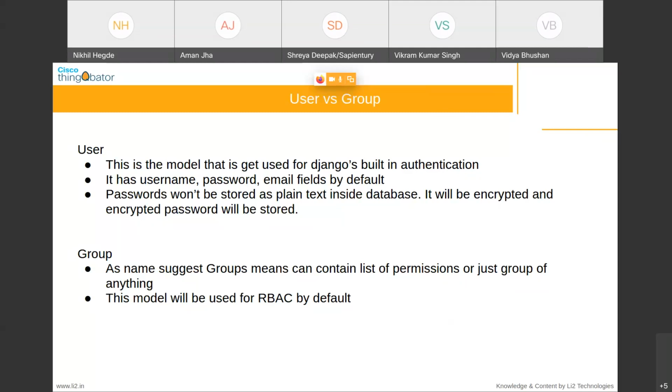One more special thing: the password will not be stored as plain text inside this table, because that would be a huge security risk. Please remember, don't store passwords as plain text anywhere in the database. If anyone gets access to this data, the whole user data will be leaked.